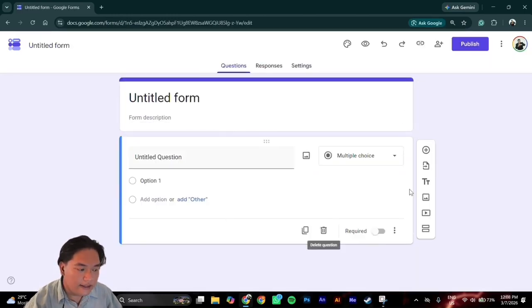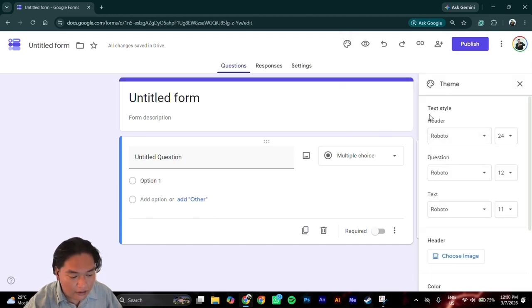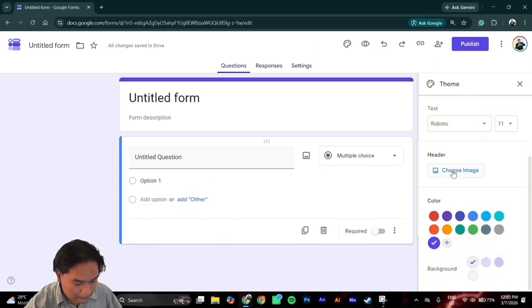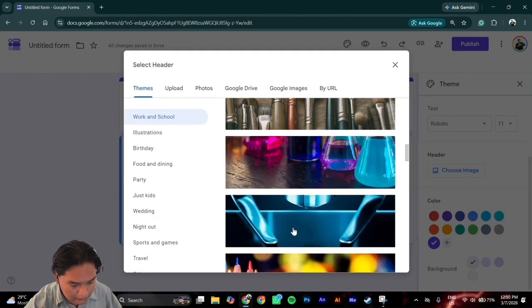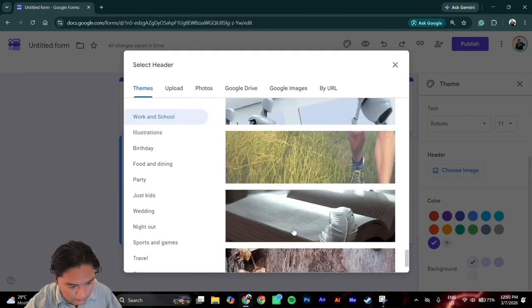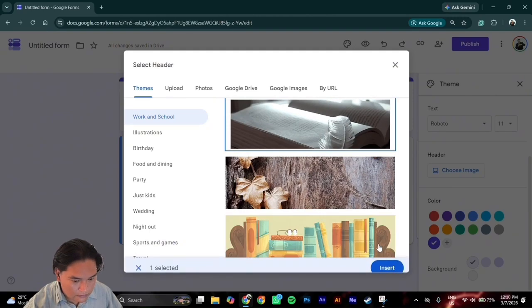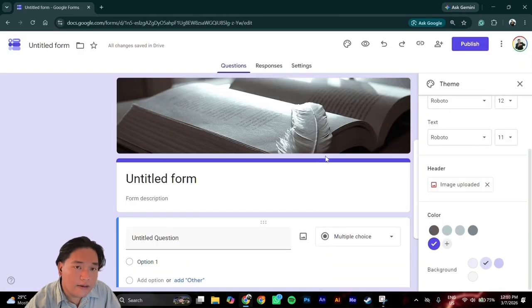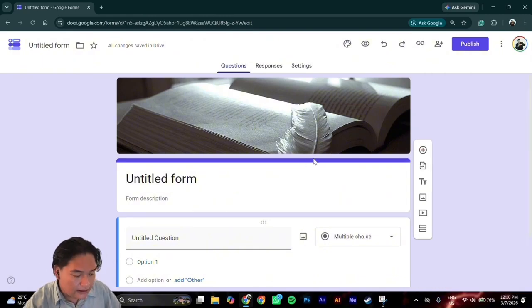Okay, we have been redirected to the question form. You also can change all of this theme by clicking on this icon, customize theme. Here you can change the text style. This means all of this font you can change. After that, you can change the header and the color of the font. Okay, after you have changed the Google Form appearance, you can just click this close button. This is the title section. You can rename your form. You can put a title on your form.